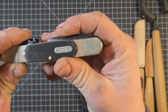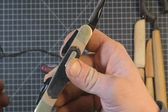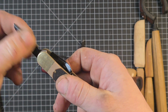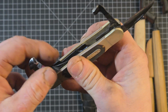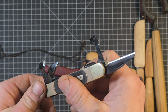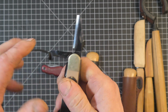Just don't buy the cheap Old Timer. I have this and I just don't like it. Not very good. Doesn't cut very good. You're going to have to reprofile the edges to get better performance out of these, if you know how to do that and you're looking to save money, and it doesn't lock either. So I'm not a fan of this thing. I mean, it works, but